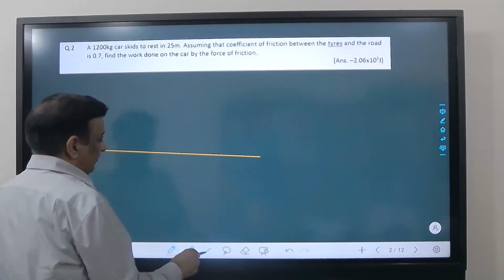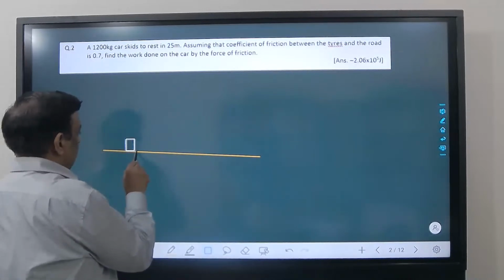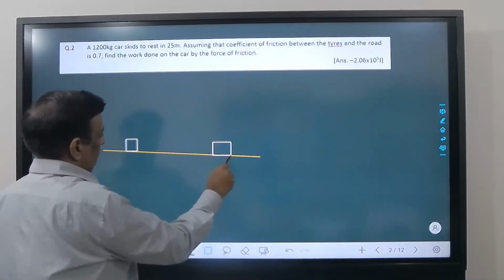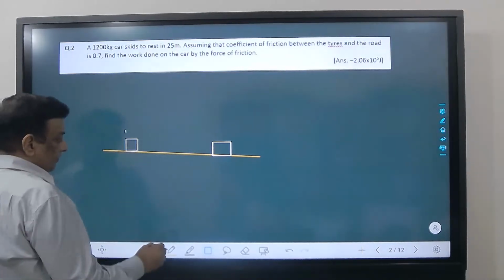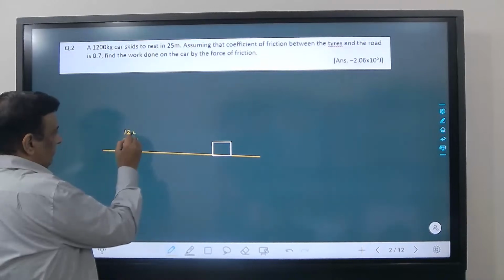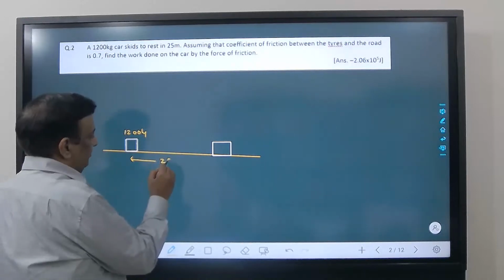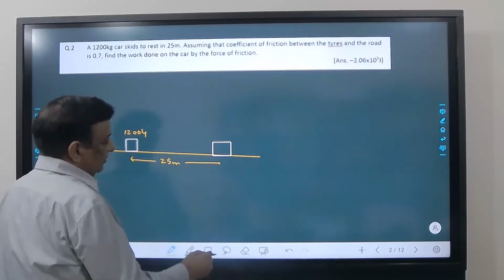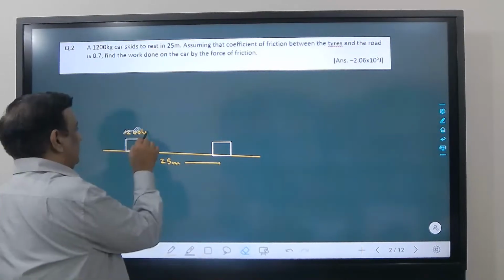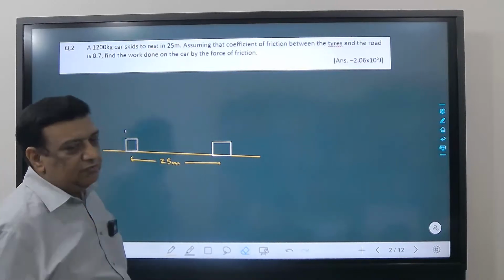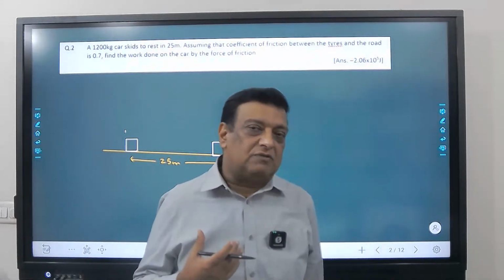So you can say you have a body, which is a car in this case. Its mass is 1200 kg. And it comes to rest in a distance of 25 meter. You have to tell what is the work done by frictional force if coefficient of friction is given. Now, if coefficient of friction is given, we know that on horizontal surface, the frictional force which acts on the